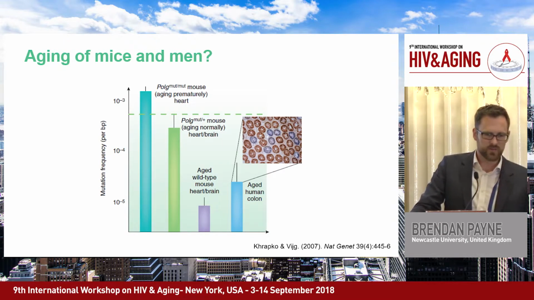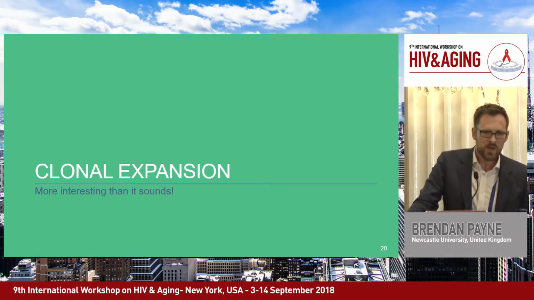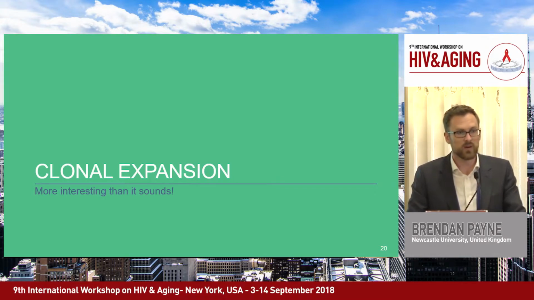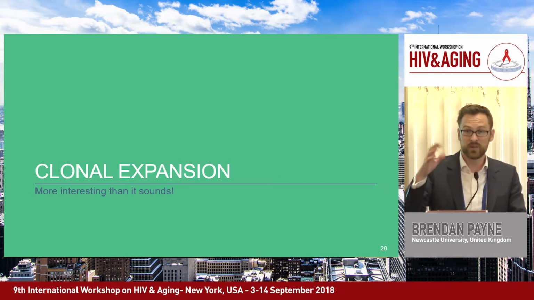So how is it that a low level of mutations might be in some way related to aging in a human, and yet a higher level isn't in a mouse? And you can certainly see these blue cells, this is in colon here, are abnormal, so something has happened to the mitochondria. And the answer to this is, at least in part, probably this concept called clonal expansion that I